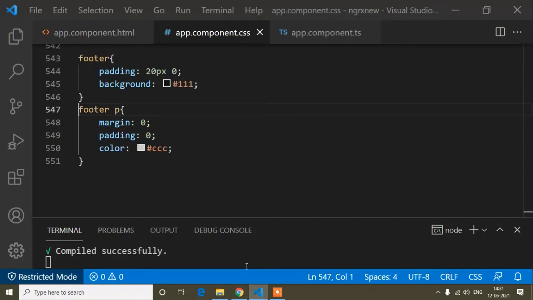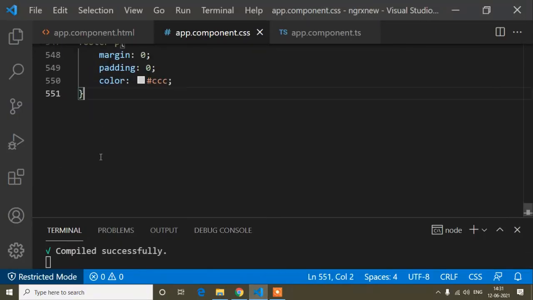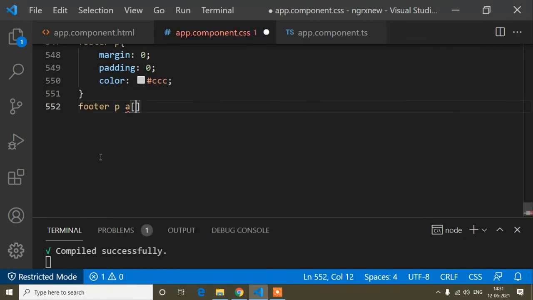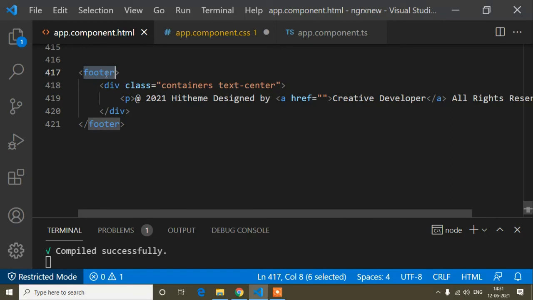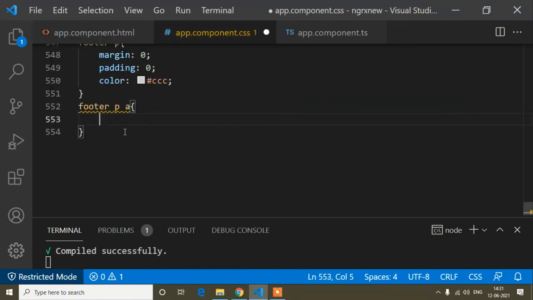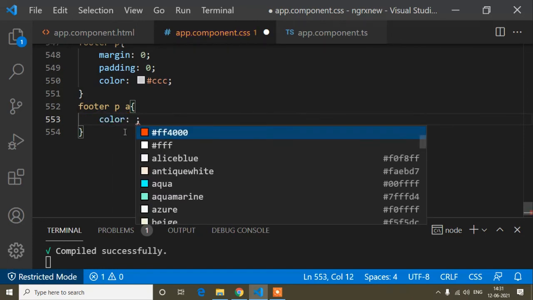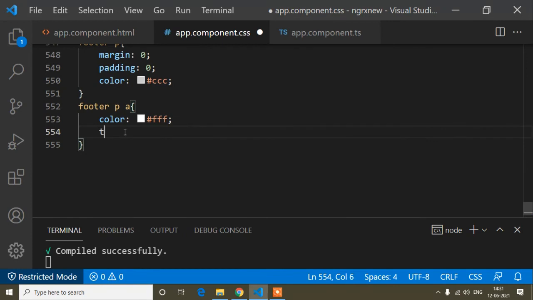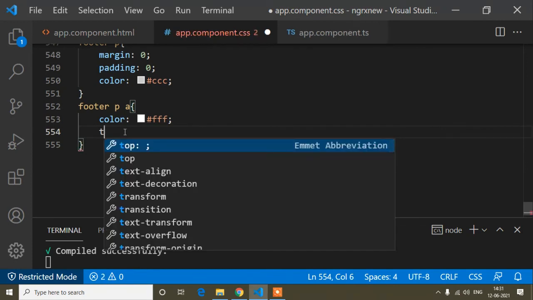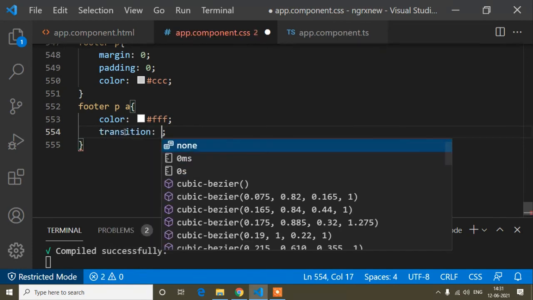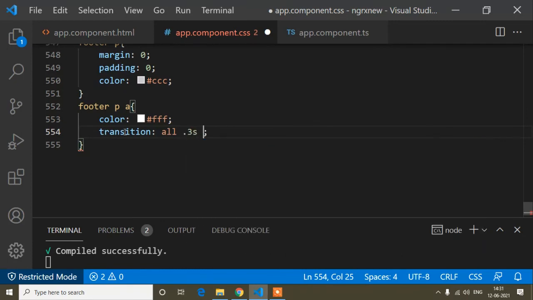Now here I will copy this p and then a, because guys, here you can see the footer, then p, and inside this the anchor tag. So I will add the CSS for this anchor tag. First of all I will write the color is white, and then the transition is all 0.3s.